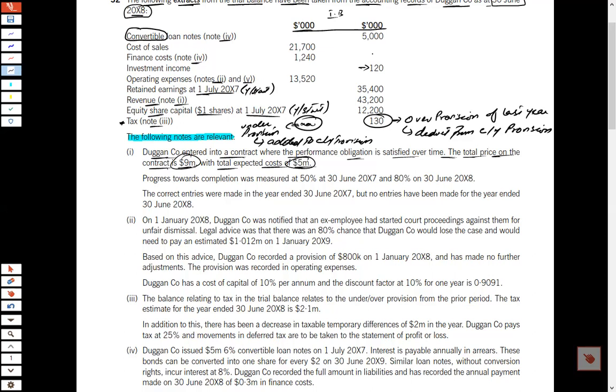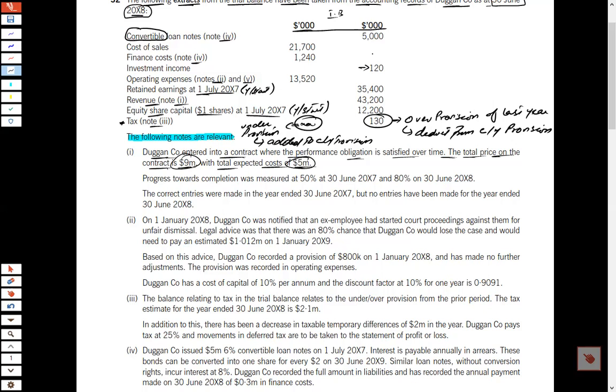Let's say if it is a loss-making contract, you would be recording your total amount of loss in year 1. Why? Because of the prudence concept, we record loss at the earliest possible, whereas profits are not recorded unless and until they are earned. If you are expecting a loss, record that loss immediately. Here in a profit situation, we would be recording the profit amount year on year according to the time period of the contract.